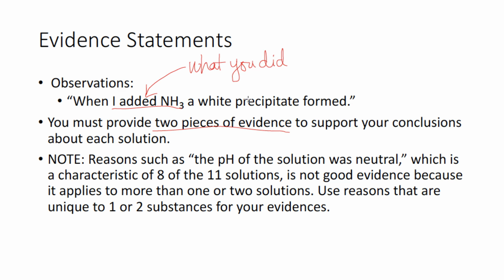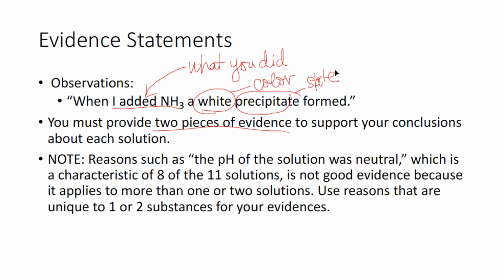That's the thing that you did that caused the chemical change to happen. And then you're going to tell us about what was formed, and you want to be precise. So you're going to tell us a color. And then you're going to tell us, for example, here, this is like the state of matter. It's a precipitate. It could be a complex ion. So you would say a yellow complex ion